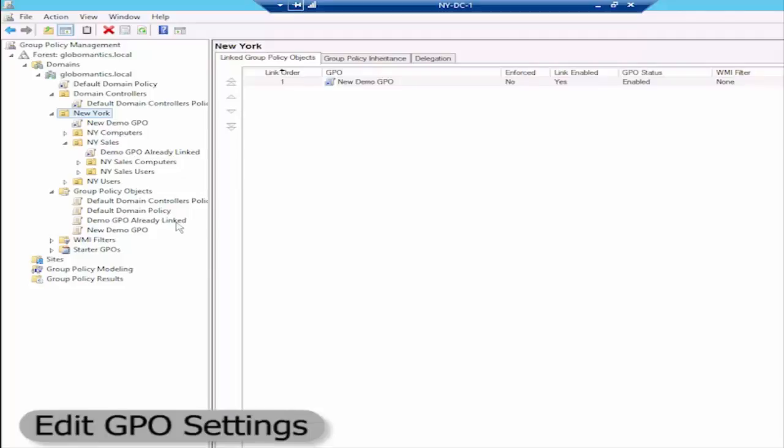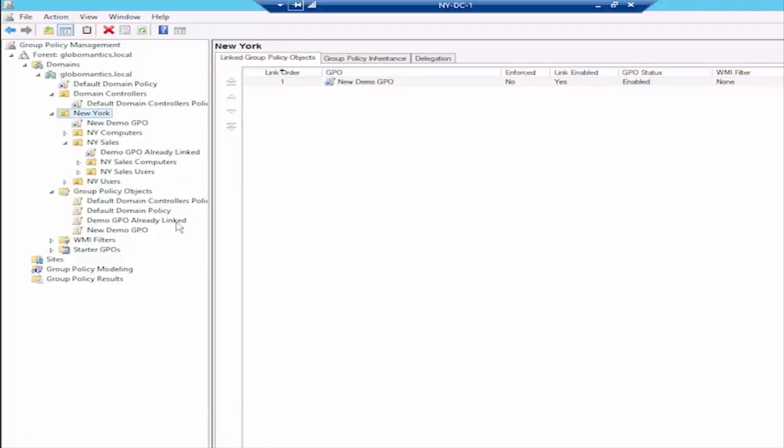Now, as I promised, let's go in and see how to edit the settings on these GPOs. So if I select any one of these GPOs, whether it be a default domain policy GPO, which, by the way, I don't necessarily recommend that you really mess with that default domain policy GPO. It's not that there are settings that you shouldn't be messing with as much as just understanding that you're truly affecting everybody in the domain, and